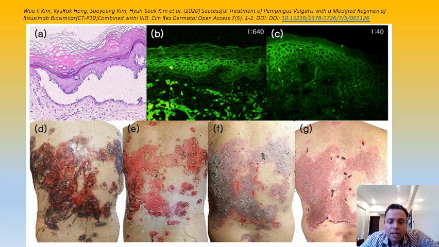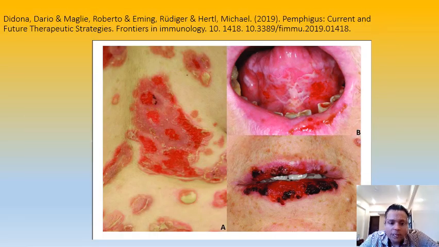You can see a classical chicken wire or fishnet appearance, because there is an intercellular deposition of the antibodies. You can see fragile blisters leaving erosions. These are some collapsed vesicle erosions. There is erosion and ulceration of the lower lip. Here is a hemorrhagic crust. Whenever I see hemorrhagic crust, I will be thinking of paraneoplastic also, because mostly they are seen in paraneoplastic